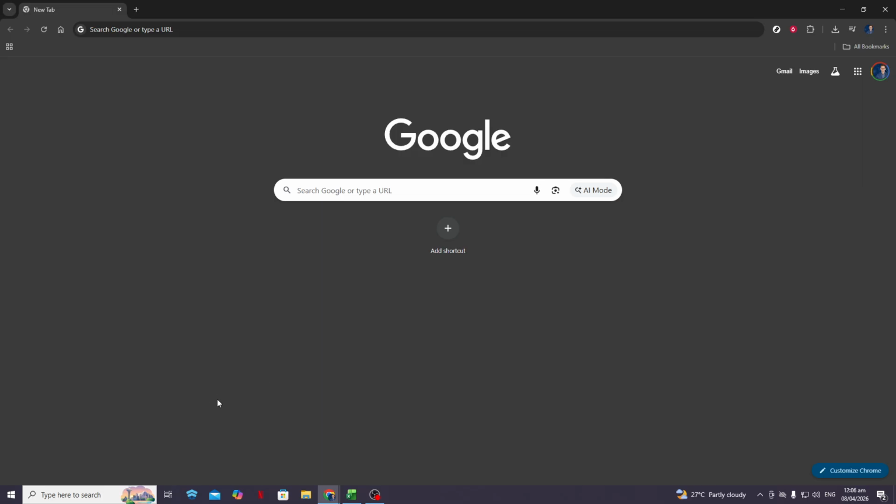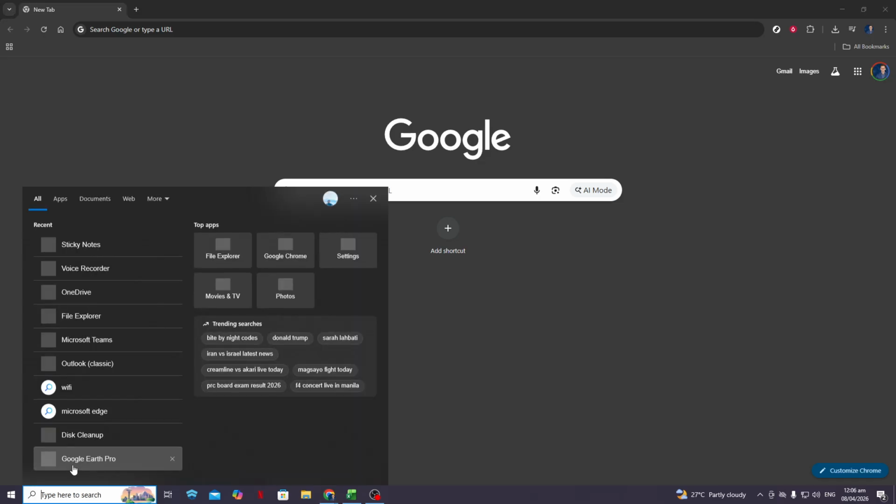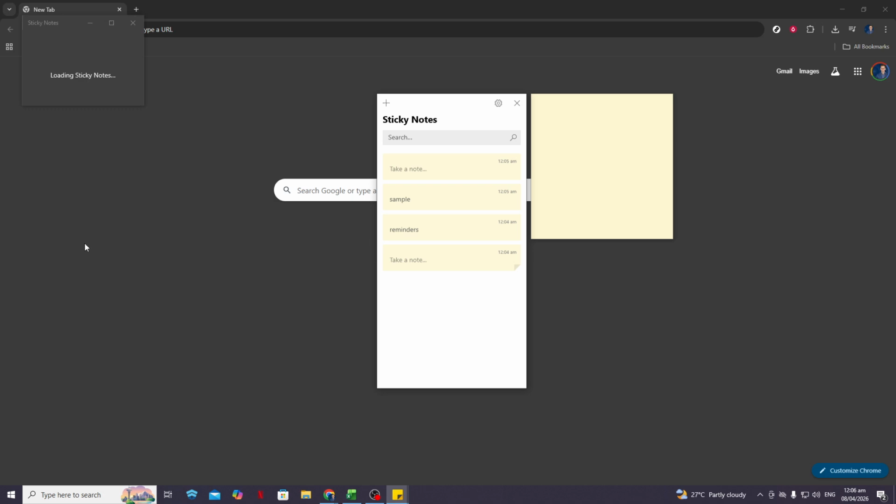First, you'll want to open the Sticky Notes app. On Windows 11, the easiest way is to click on the Start button, then start typing Sticky Notes into the search bar. As soon as you see the Sticky Notes app appear in the results, go ahead and click it to open. If it asks you to sign in with your usual Windows account, you can do that so your notes sync across devices. But you can also skip that and continue without signing in if you prefer.